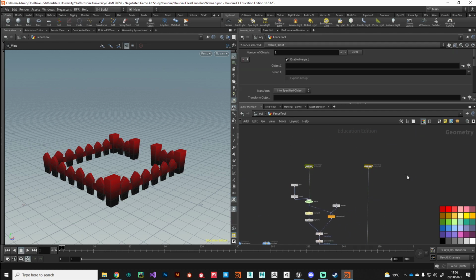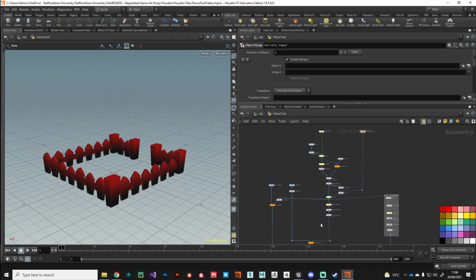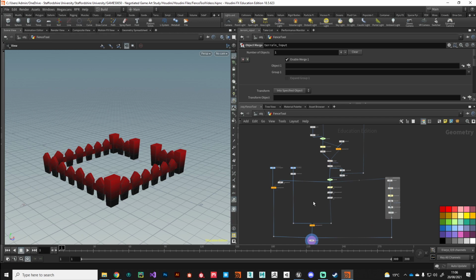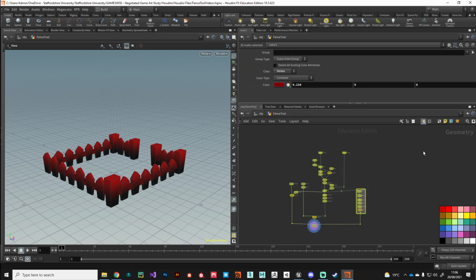And also we need to promote these two object merge up to the digital asset level as well. So we've got a bit of a roadmap now of the parameters that we want to promote. So what I'm going to do now is just convert this to a digital asset, and that is as easy as just selecting all the nodes, putting them into a subnetwork,